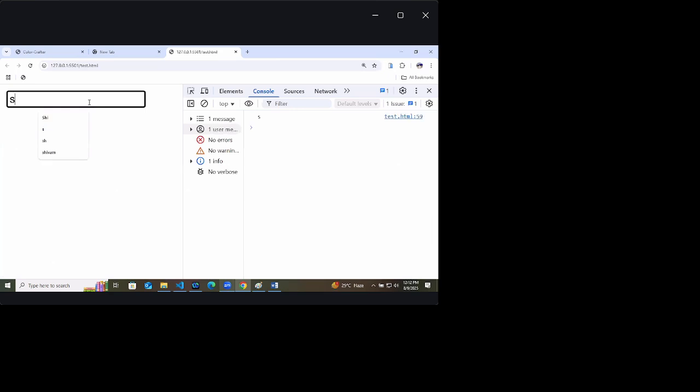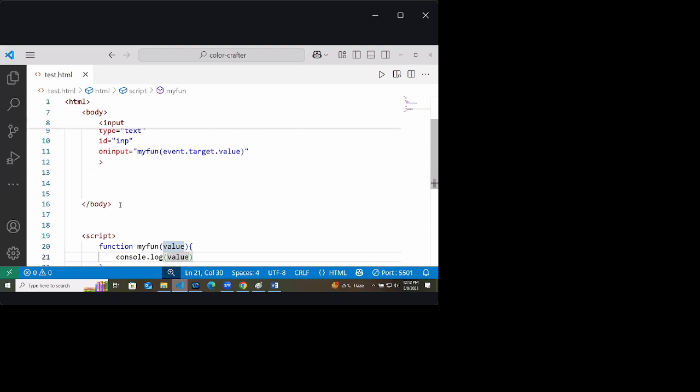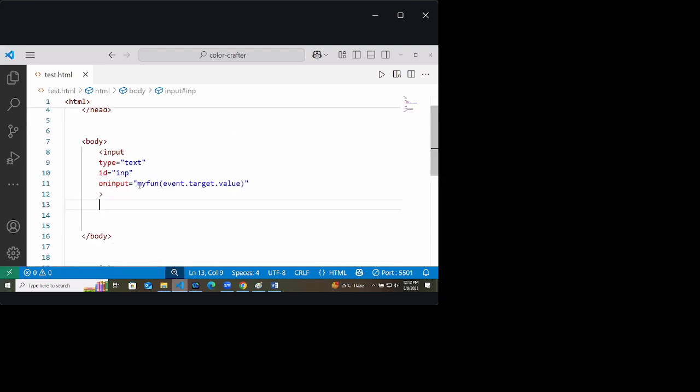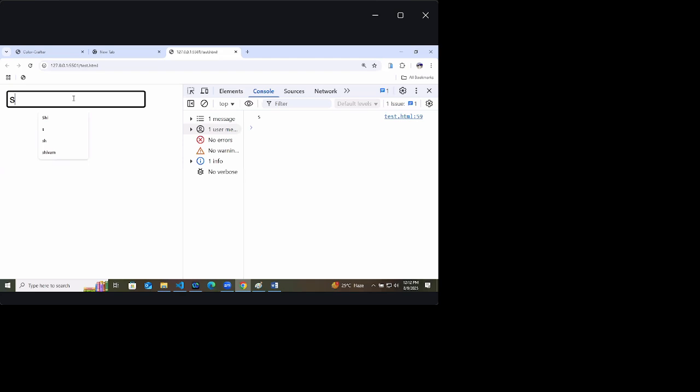I gave an input, or not? So when I gave the input, my fun is called and what value did it send? Event dot target dot value. Technically the value of the input box it sent. SHIVAM. Like this.